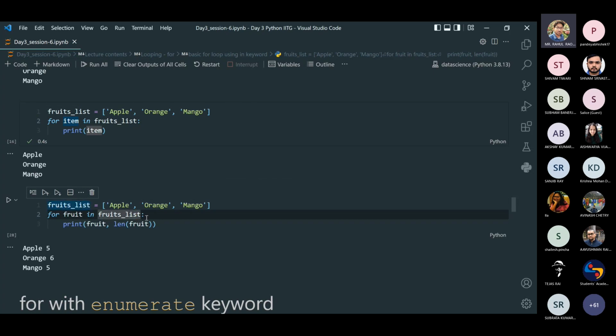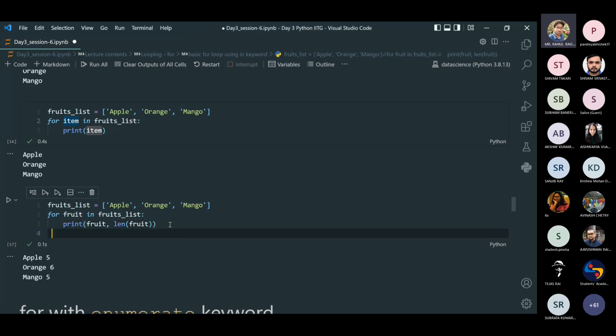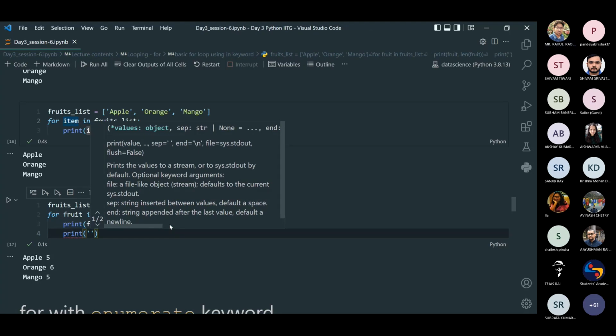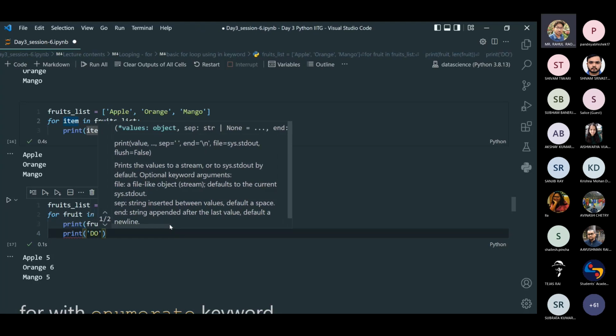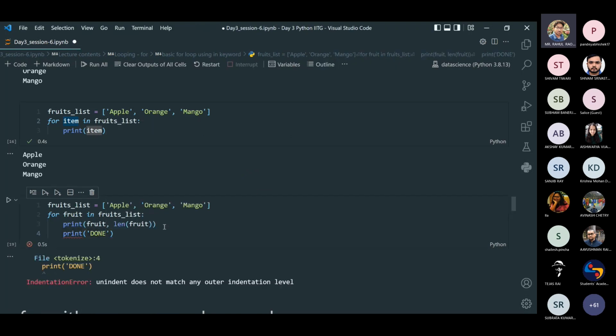We were printing just the fruit name. What about doing something more? So fruit list, apple, orange, mango. For fruit in fruit list, print fruit and length of the fruits. So when we execute this statement, we get apple 5, orange 6, mango 5. So similar to an if block, we can have multiple statements here, like print done, just to show that